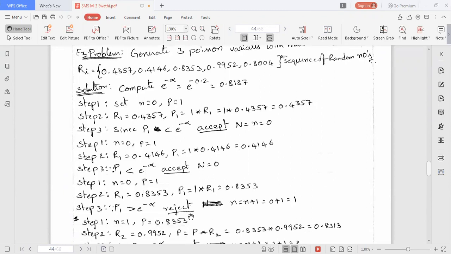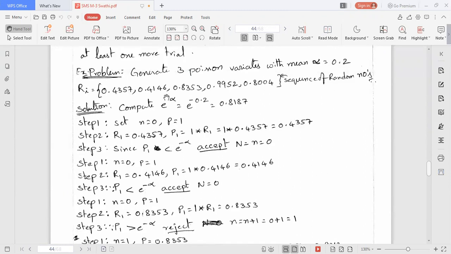Take down this problem. It's also very important. Generate 3 Poisson variates with mean alpha equal to 0.2, with Ri equal to